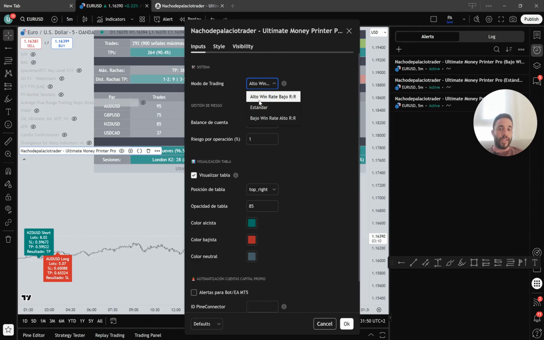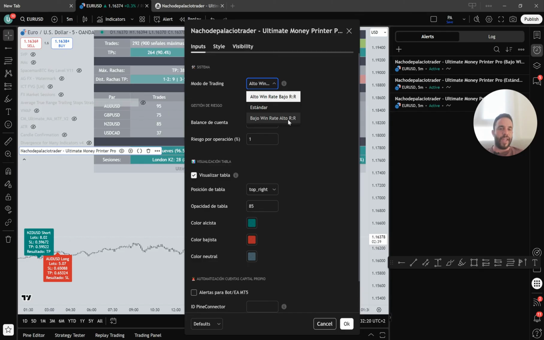Right now, we currently have 3 trading modes that are quite completely independent. All 3 are very profitable and have totally different entry criteria, exit criteria, and lot size criteria. So they complement each other well. One of them is a trading system with a consistently high win rate and a relatively low risk-reward ratio, especially if you find it psychologically difficult to handle several stop losses and you truly want to have a very high win rate. The standard one, which is a 1-to-1 risk-reward ratio, and the low win rate with a high